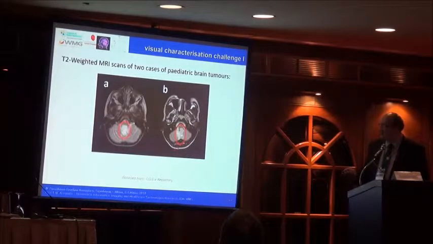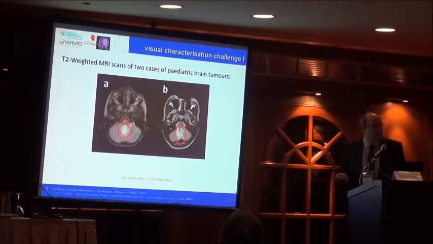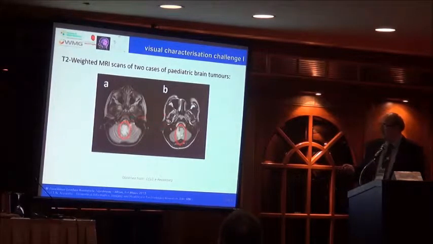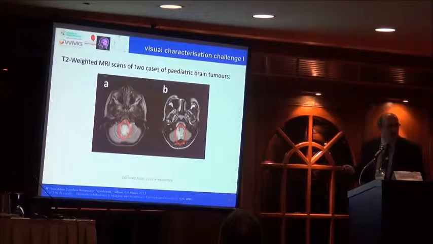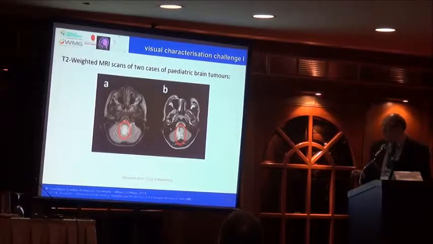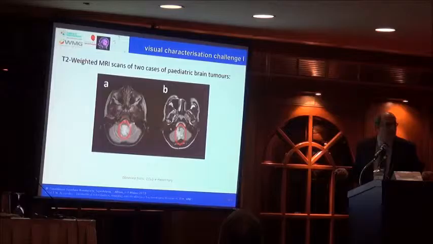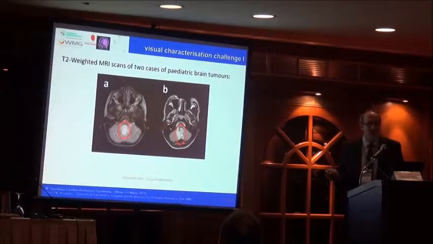So these are two tumors, again in the posterior fossa. We have three major types of brain tumors in this area. Unless you know some clinical information, it is very difficult to discriminate between the two types. So if you look at these images, the tumor structure looks almost similar, slightly offset, because it's two different patients, and it's very difficult to decide if this is an ependymoma or an astrocytic tumor.